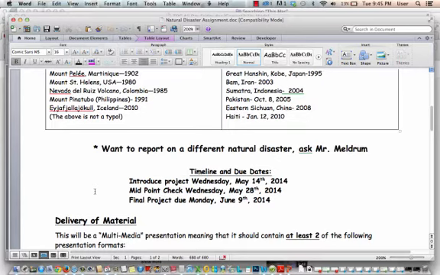There will be class time for this. We still need to wrap up our Unit 7. There will be a quiz that tests the information on that unit, okay, but there will be class time after that to work on this project. So please make good use of your class time.